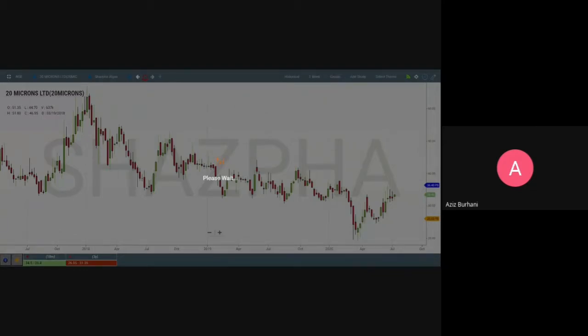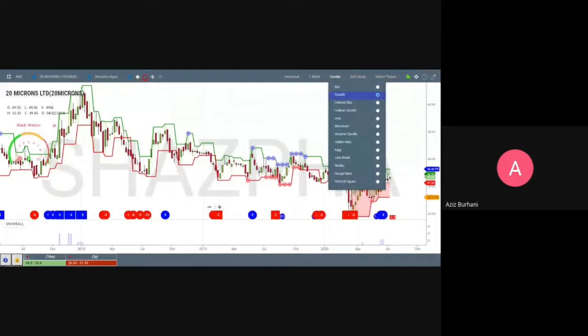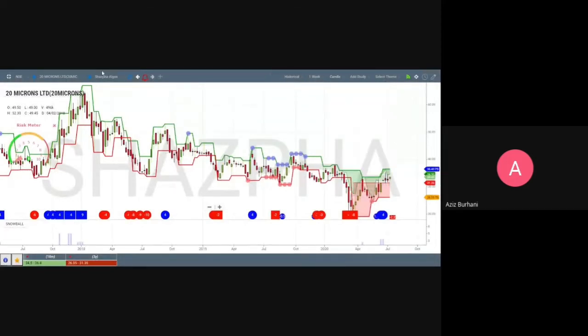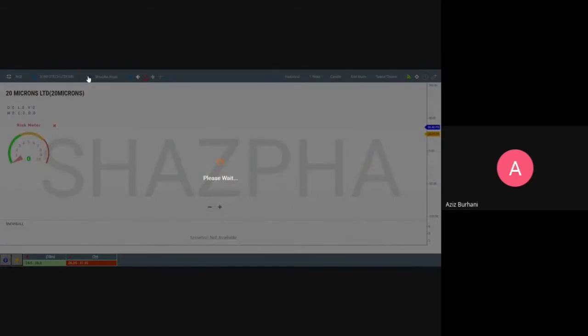The chart takes this long to load because it is loading all your studies, and for every chart you open, it will keep loading those studies for you. So you don't have to plot your studies every now and then. That is why the chart is loading your studies before it even opens up.